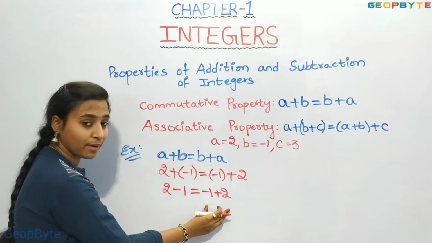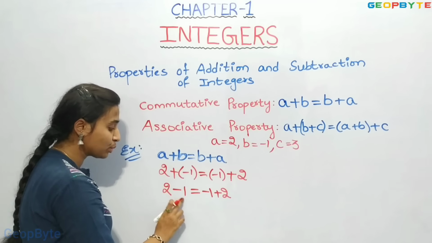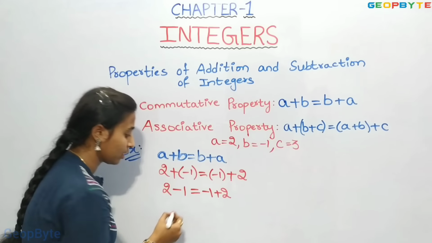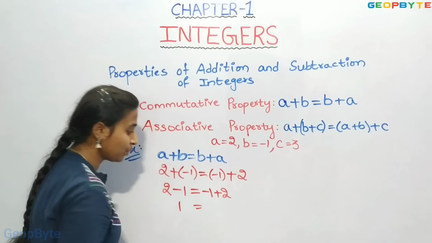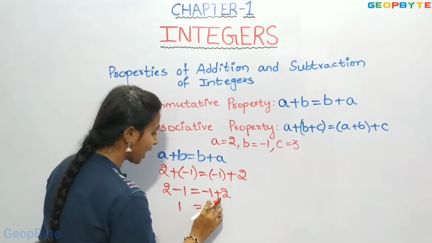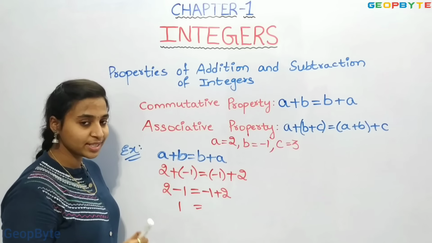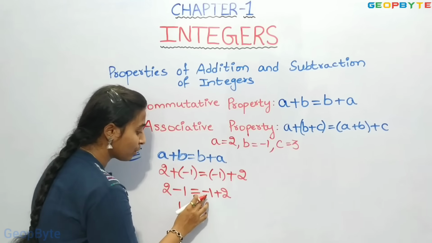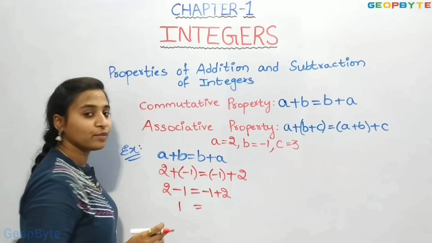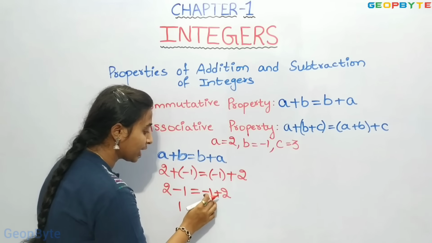This is the thing we have here. Now, what is 2 minus 1? We have a minus and a plus. The condition is we need to subtract. If a minus and plus is there, we need to subtract. 2 minus 1 is